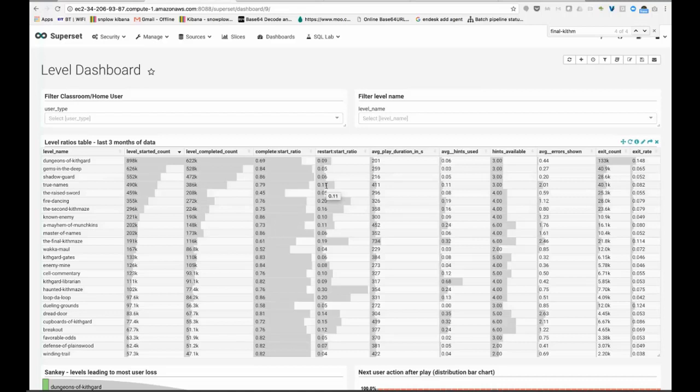So across our different levels, we can compare the number of people who've started the level and completed the level, and the completion ratio. So that gives some idea about the difficulty curve in the game and how many people drop out at different stages